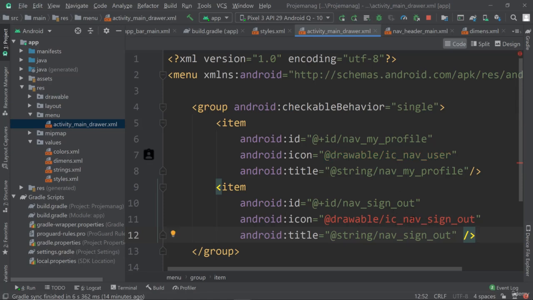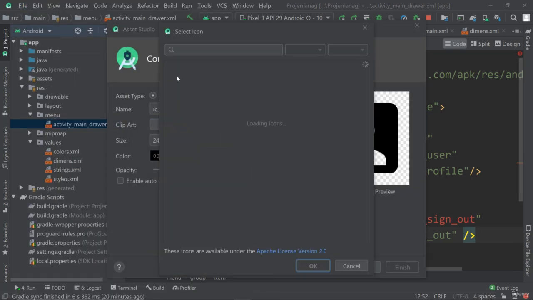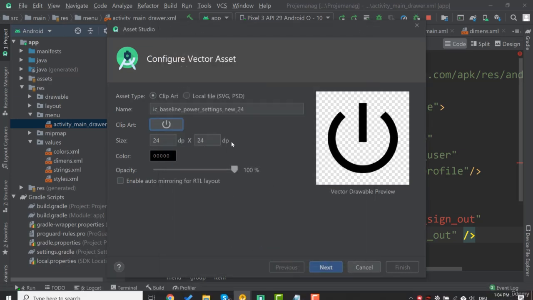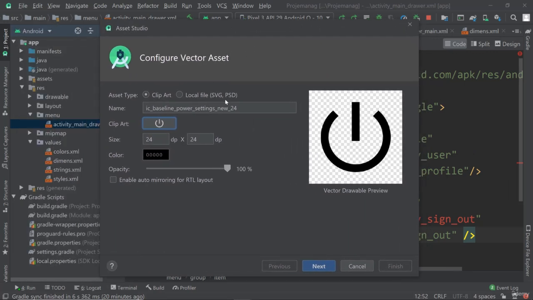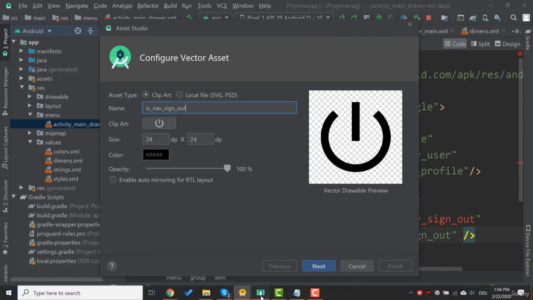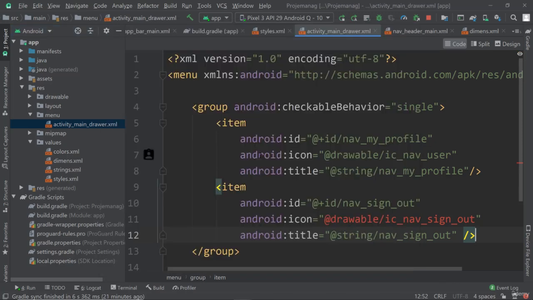Now nav sign out, same thing. File, new, vector asset. So you open a clip art, and then here we can search for power settings new. So this one is going to be fine for us, and I'm just going to rename it to ic_nav_sign_out. All right, and let's see if it's in dark. Yes, it is. So let's go ahead and finish it. Okay, so now we have those two icons,